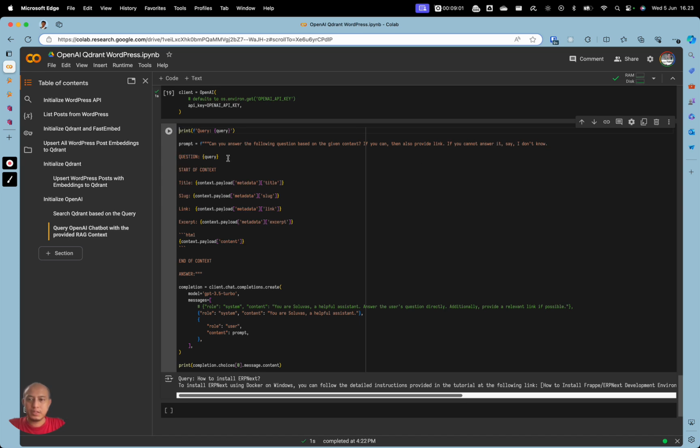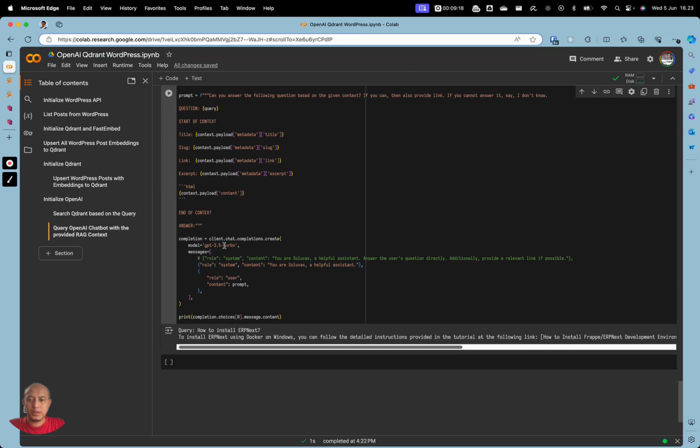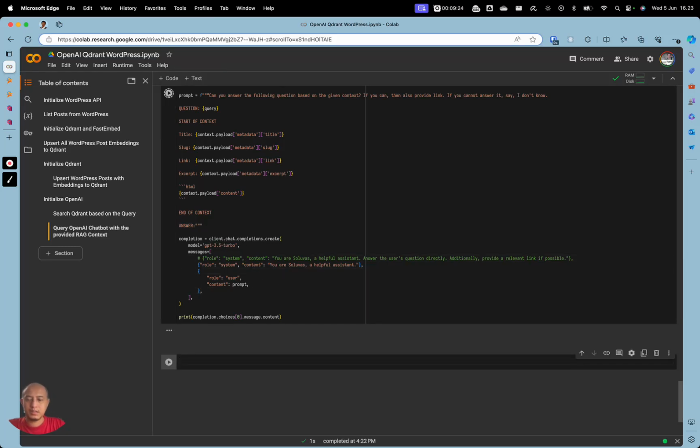So this is the question from the user, and then at the start of context, I provide the title, the slug, the link, and also the excerpt and the content of the post. I'm using the GPT 3.5 Turbo model here, and then let's try it.